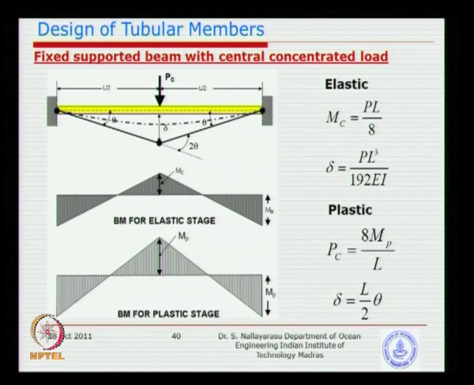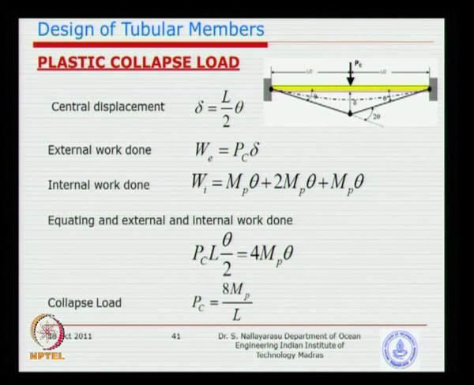So that is the idea: boundary conditions do influence quite a bit the capacity at which the beams are going to fail. That is why, when you have a redundant system with a fixed condition, a substantial amount of load can be increased before the structure becomes unusable. The same thing we could derive using exactly the same principle.